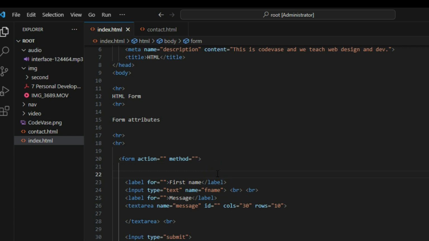Okay, any other attribute we're going to be seeing under this form? Okay, let's use these two for now. I think these two attributes are what we are going to be seeing for now. Maybe as we progress, we can see more form